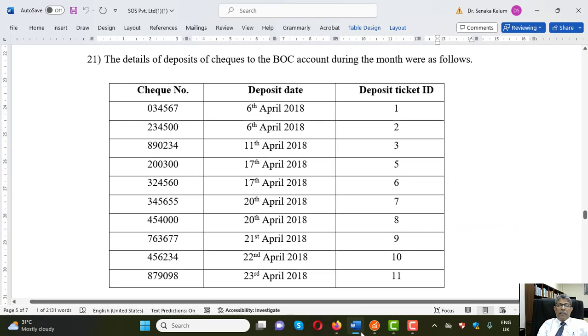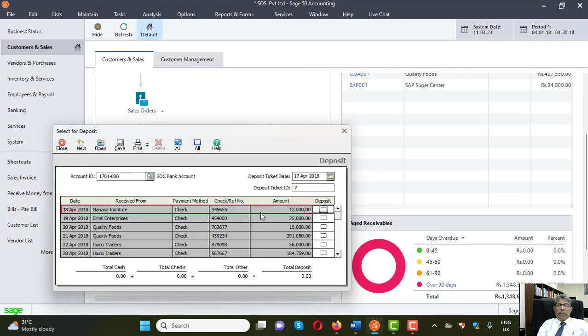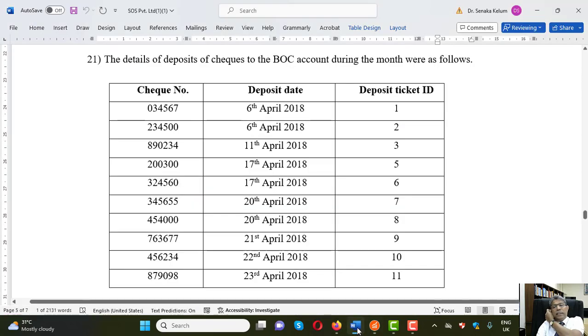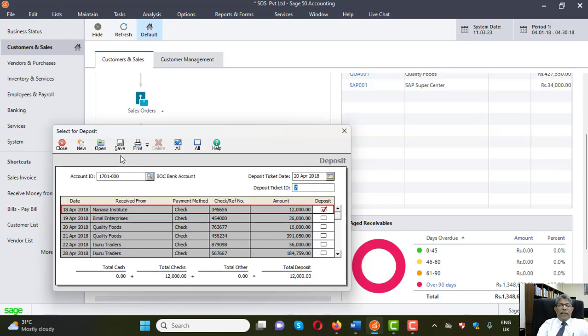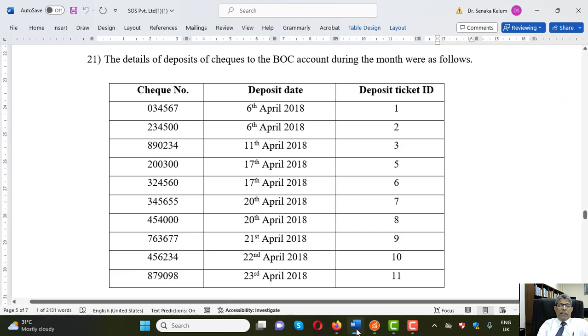Next deposit, 454000, sorry, 345655 on the 20th of April. The date is changed and the deposit ticket number is correct, number 7, and you can save. So the next one, deposit on the same date, 20th,